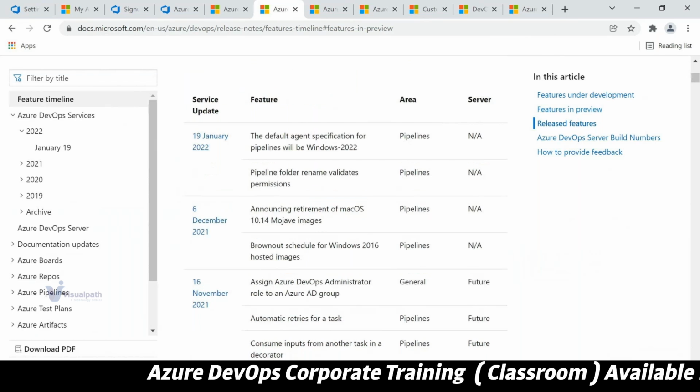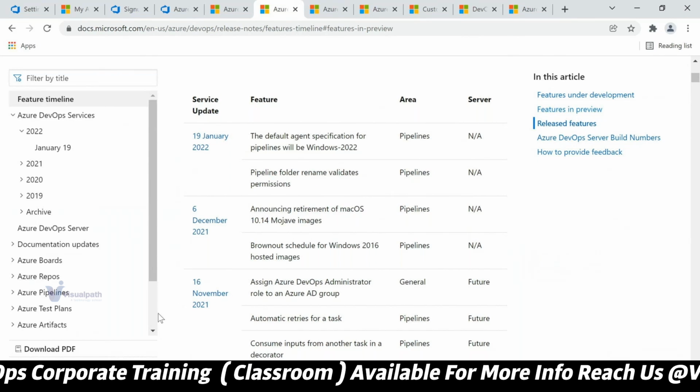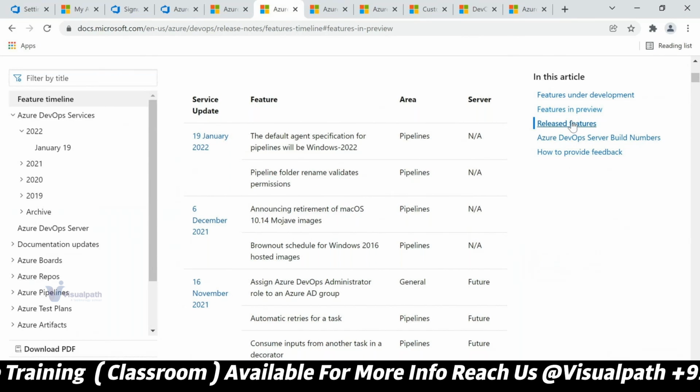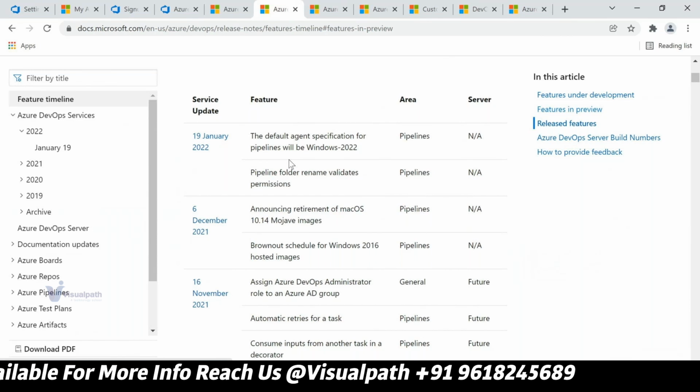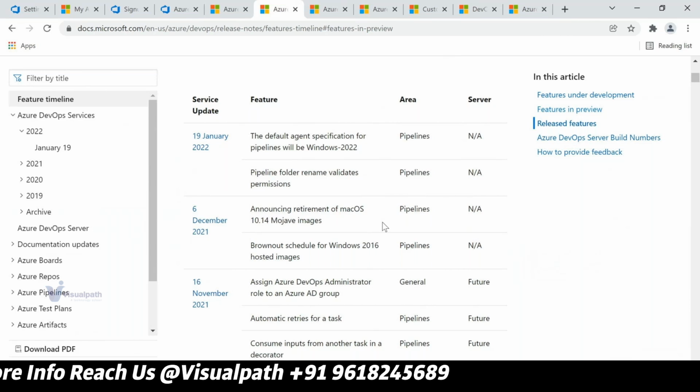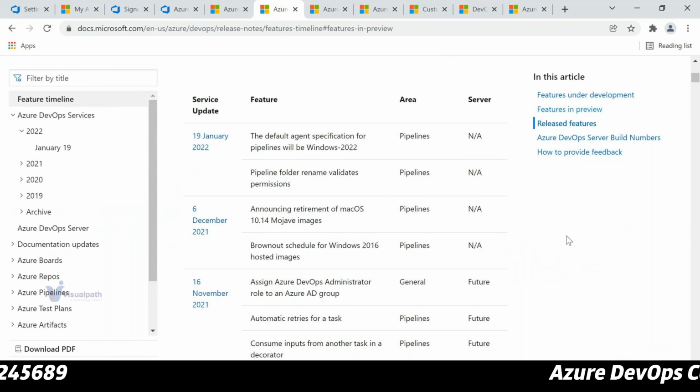What are the recent features available on Azure DevOps? If you want to find out, you can see here: recently released features. And the question may come to your mind, why do I need to update, or why do I need to go to this? Simple answer is,